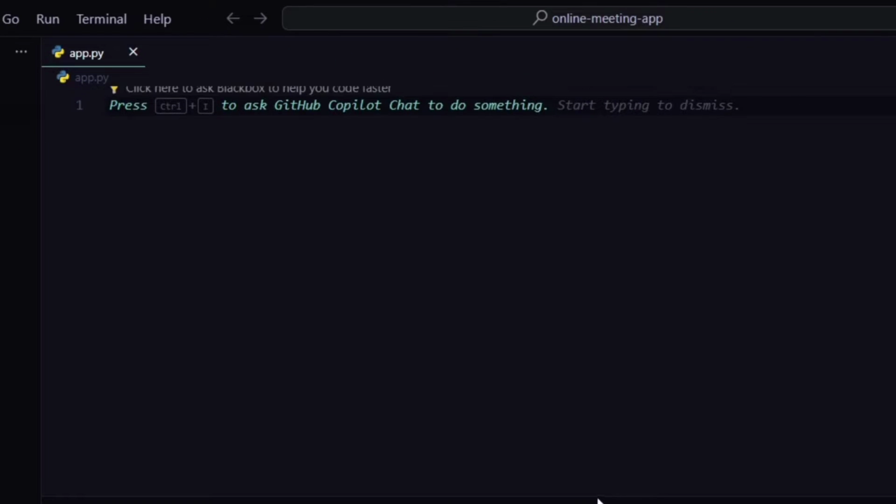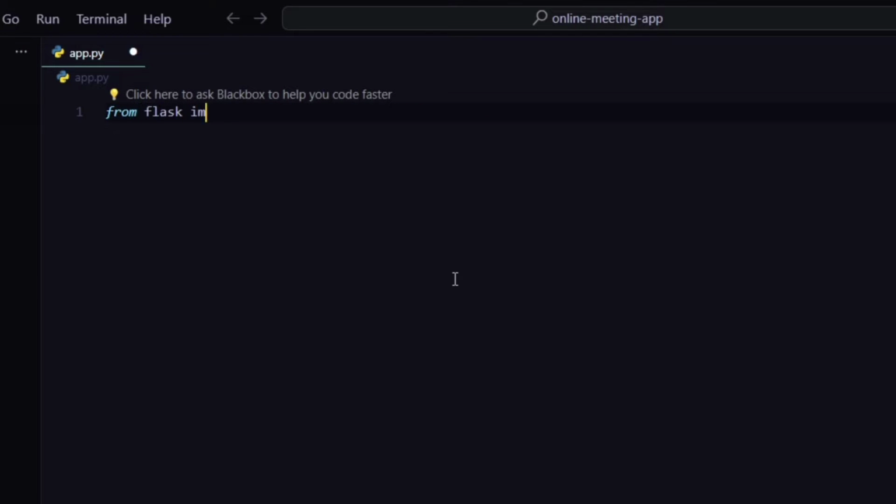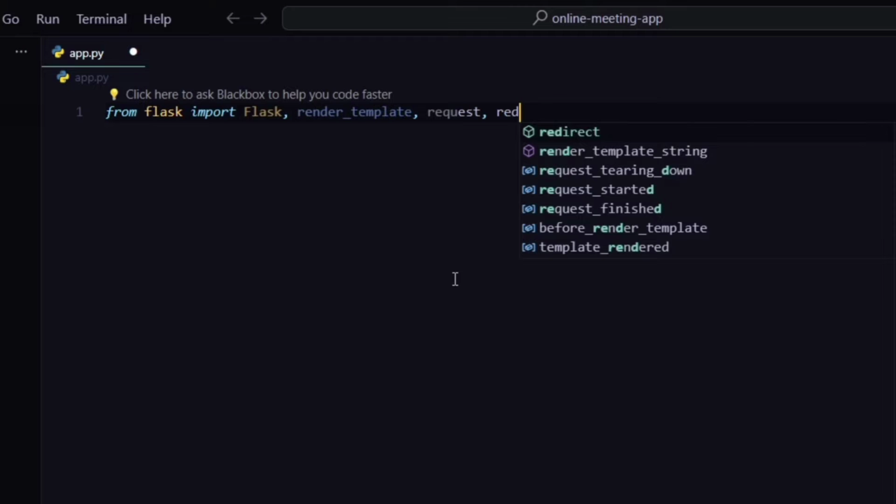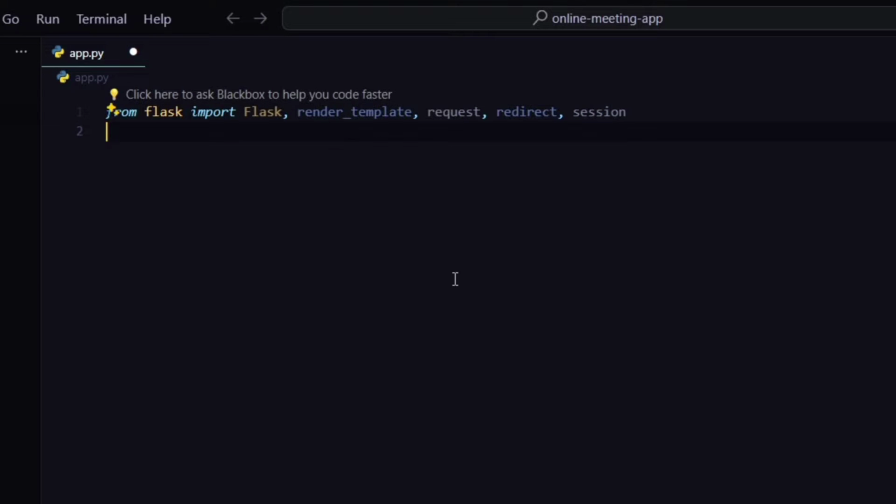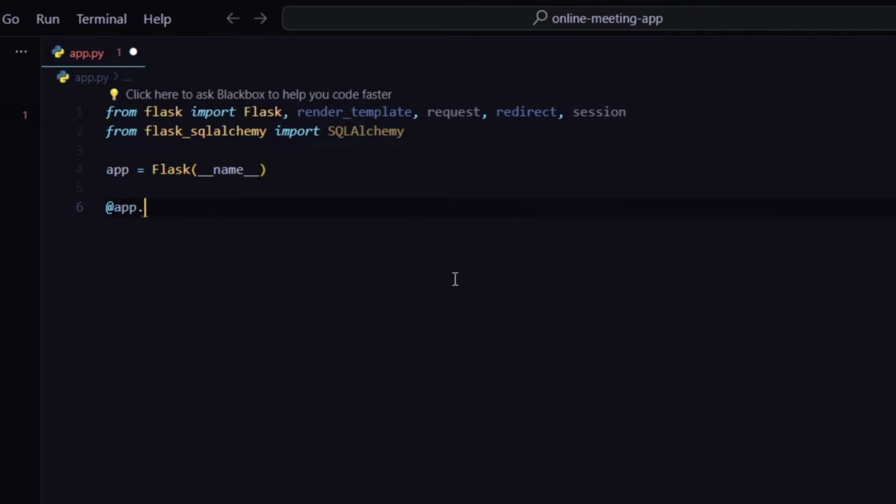Alright, so here we're gonna import from Flask: Flask, render_template, request, redirect, and session. Alright, now from flask_sqlalchemy we're gonna import SQLAlchemy and nothing else. Alright, so now let's create the app instance of the Flask class using Flask(__name__), and then the default route, which will be app.route